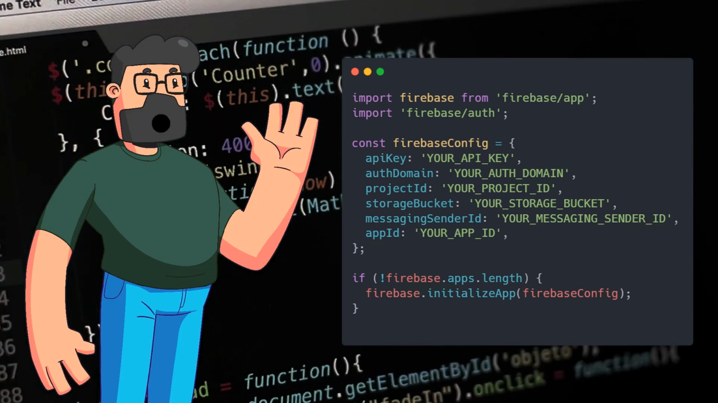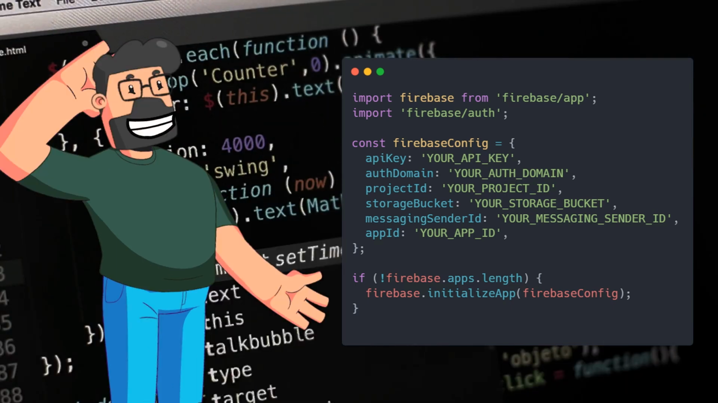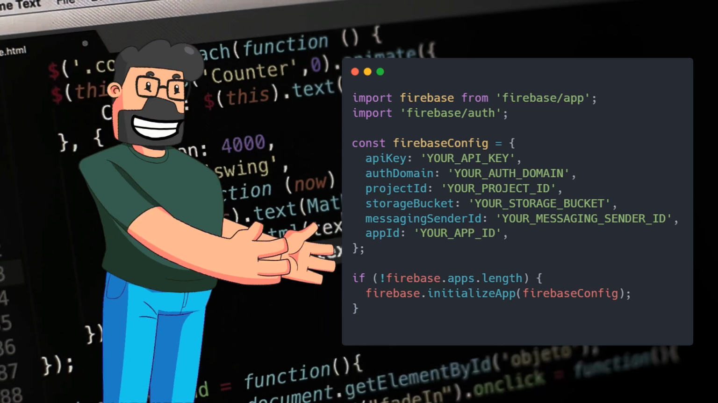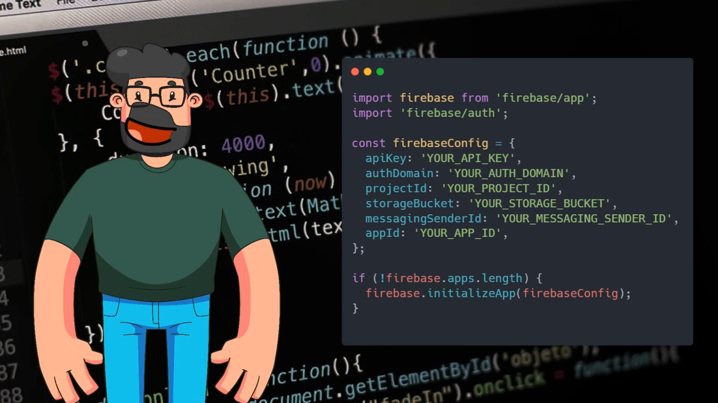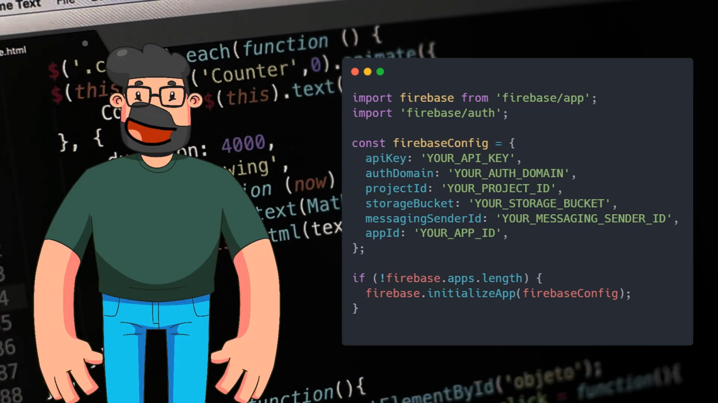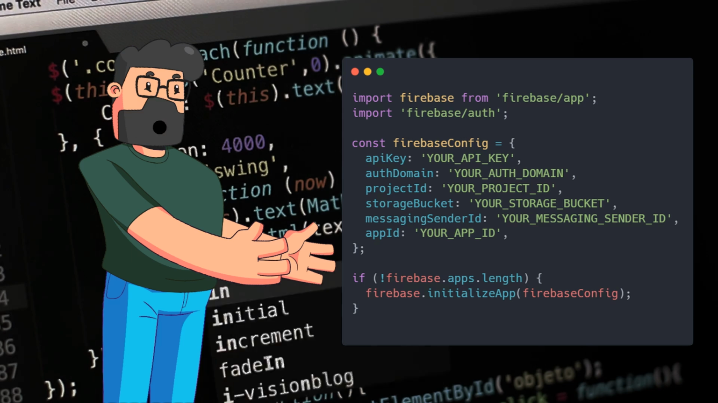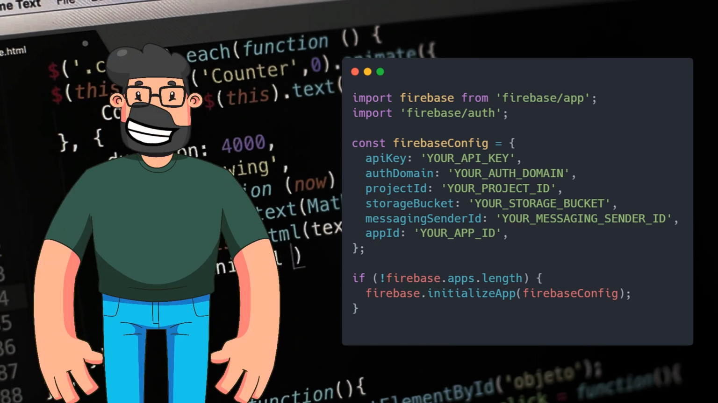Now, let's delve into the solution provided. The first step is to set up the Firebase configuration in a separate file using the provided template. This includes the API key, auth domain, project ID, and other necessary parameters. By structuring the configuration in this way, we can ensure that the sensitive information is not directly exposed to the